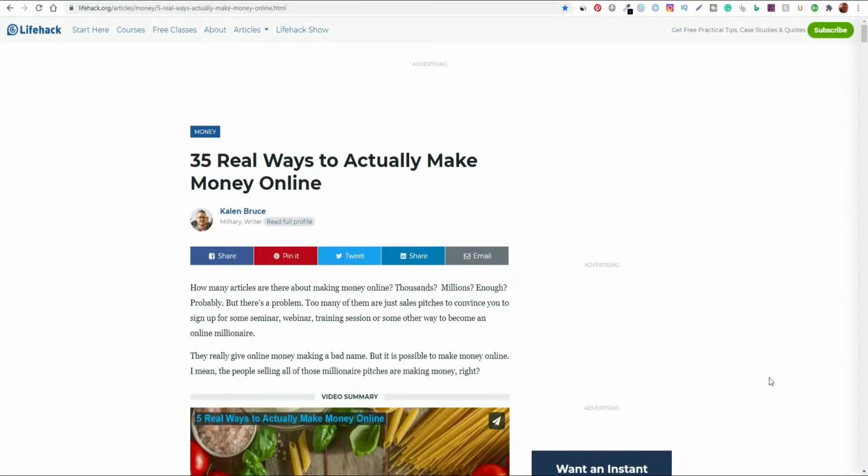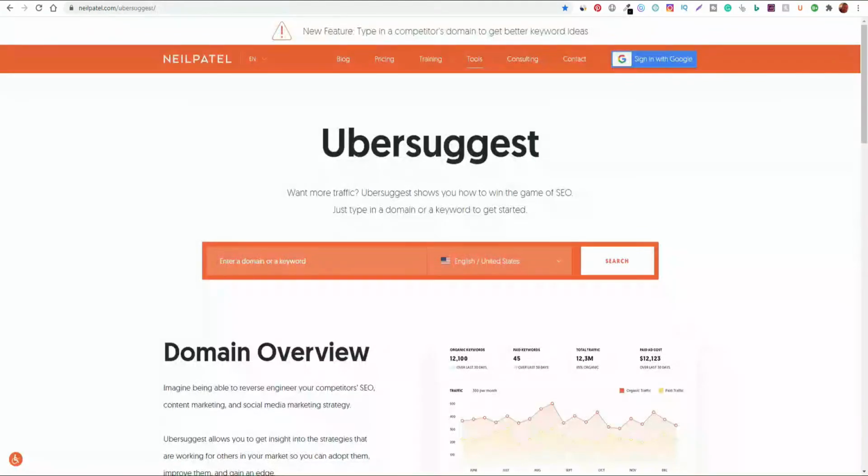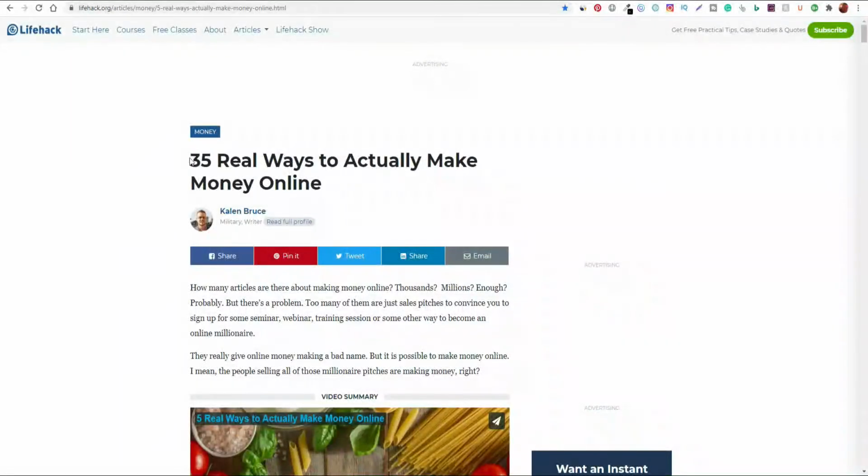A good way to show an example for this is if you were creating an actual blog article or blog post. This would be the title, and it would be based off the keyword that you would find from these platforms, or by doing your YouTube or Google searches. Then you'd put that related key phrase into the actual title of the blog post, and you'd make sure you sprinkle some of those keywords throughout